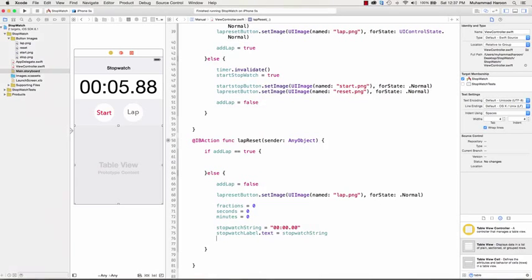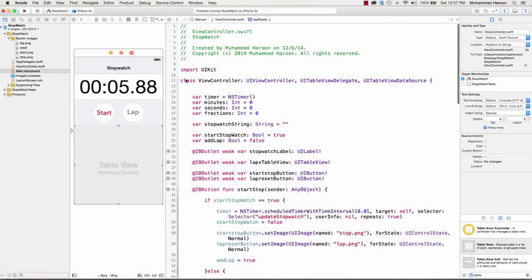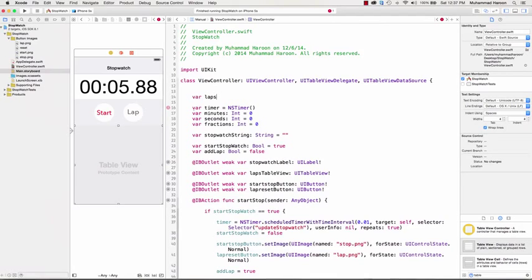Let's add the labs functionality now. So first, before we start coding the add lab functionality, we will create an array variable to keep track of labs. So this is going to be of type string, and it will be an array, and we will initiate it with an empty array,